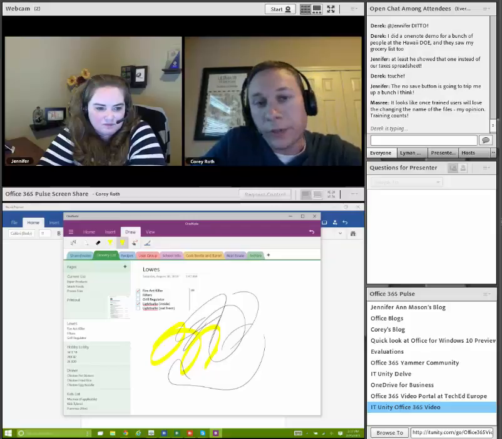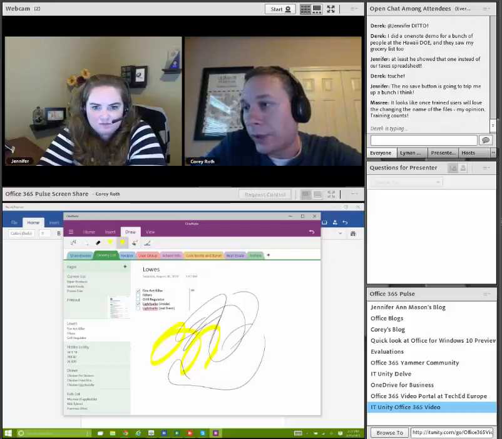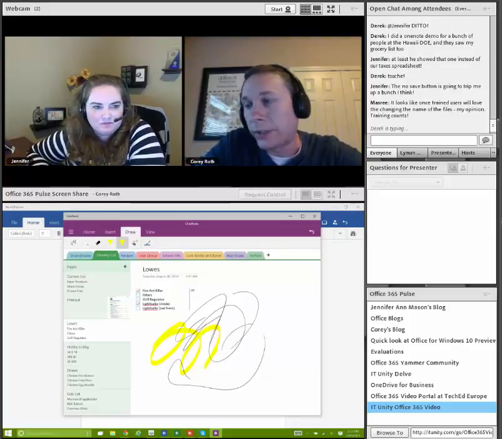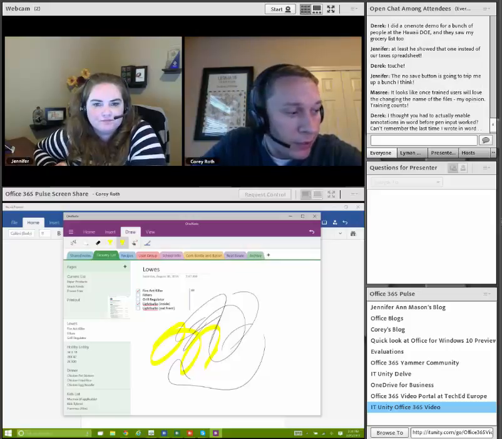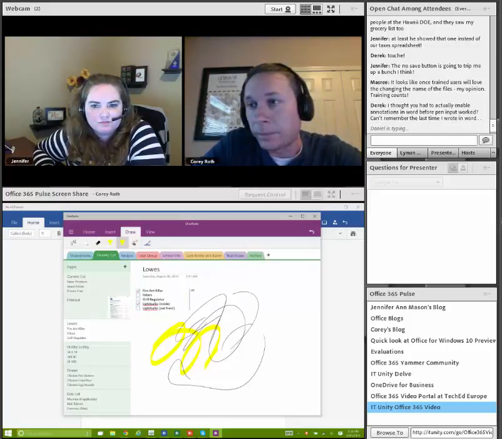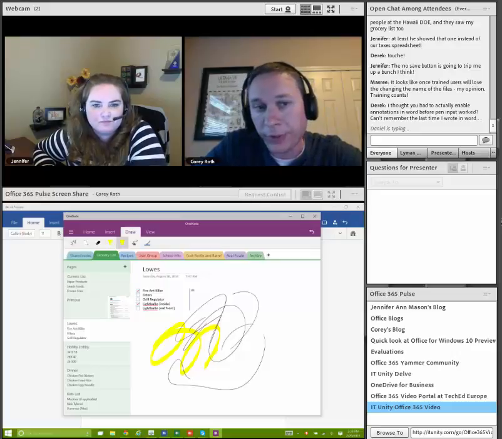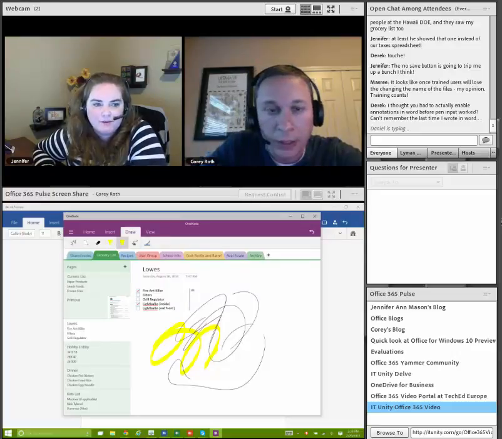So it's really nice. And of course, what we saw was OneNote got touch support as well, or not touch support, it already had touch support for iOS, but it had handwriting support as well. So I guess you can do it with a pen, or if you have a capacitive stylus, you can do it there as well. So it sounds like we're going to see this functionality come to the other platforms.